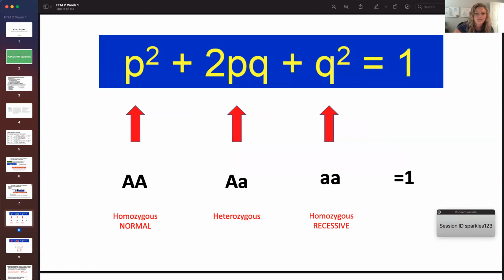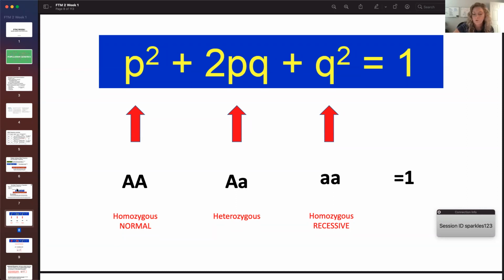Okay, just again, reiterating it. If someone's homozygous normal, the big A, that's going to be the P. So P squared is representing those two normal alleles. And the 2PQ is going to be representing the heterozygotes because they're going to have one of each. And then Q squared is going to be the homozygous recessive person for the disease-causing allele. So that will always be